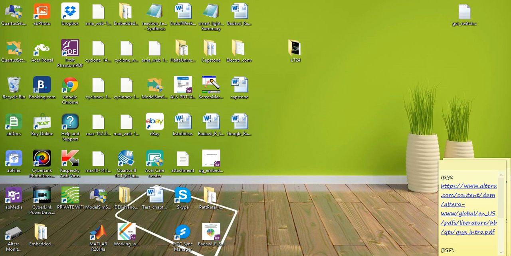Hello. In this video, I will introduce you to the NIOS 2 software build tools for Eclipse. Before we begin, you need to download the LT24 folder for the touchscreen module. You can get this from the website